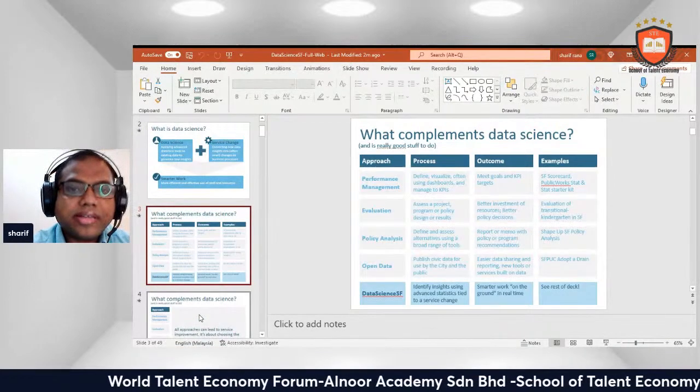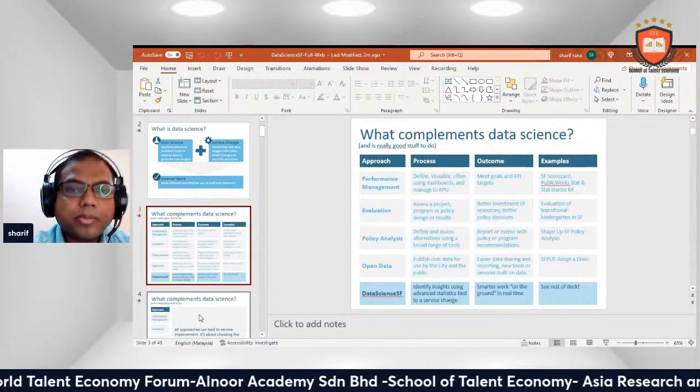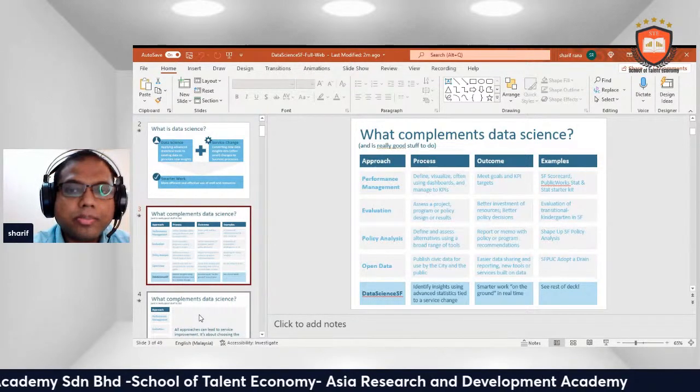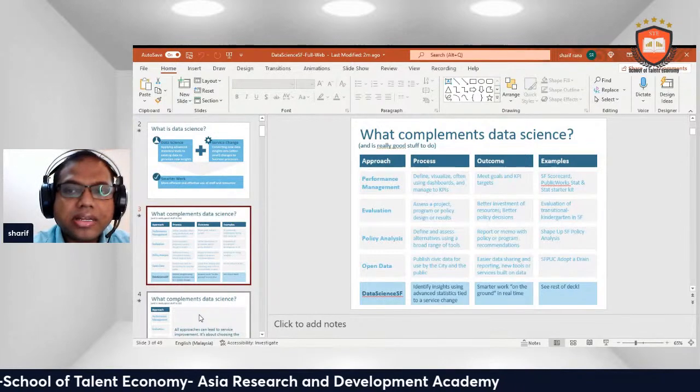What are the components of data science? Approach, process, outcome, example. Performance management: define, visualize, and use dashboards to manage KPIs. Meet goals and KPI targets. SF scoreboard, published work, set and